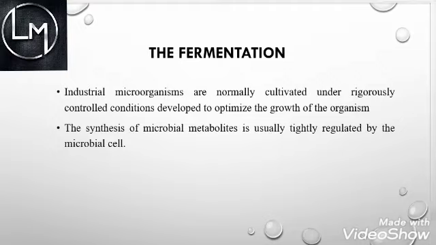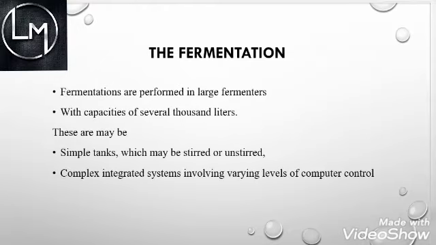So the microorganisms that we are using in our industry are normally optimized in a way to produce a much larger product. The synthesis of microbial metabolites is usually tightly regulated by the microbial cell. So the number of microbial cells actually depends upon the amount of metabolite that is produced. For example, if there are a large number of microorganisms and microbial cells, then ultimately a large amount of metabolite